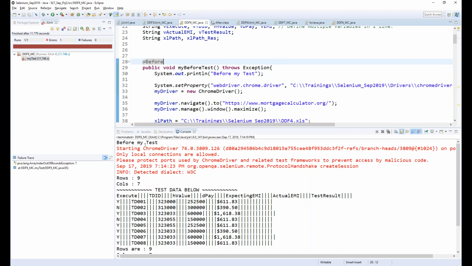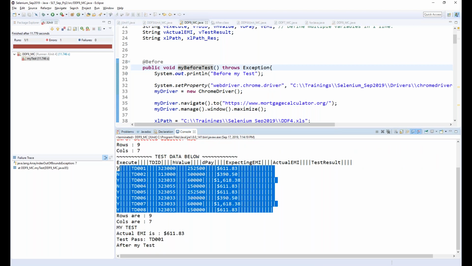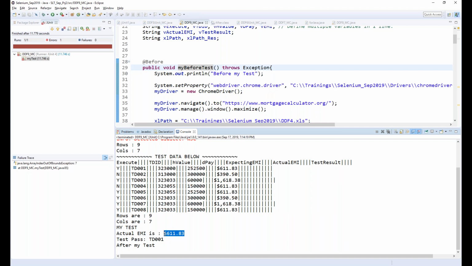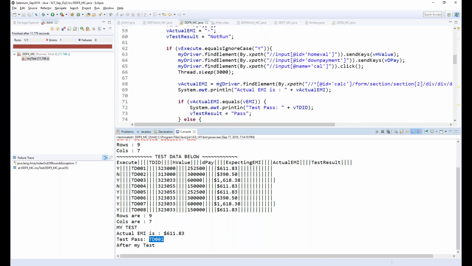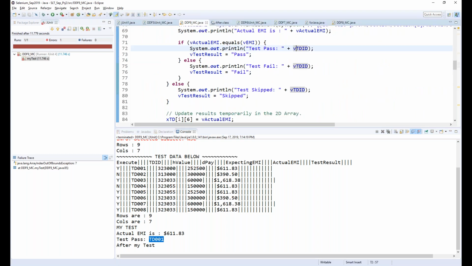Okay. So as I go on, I see before my test, it means this is running. I saw my browser getting opened. It said 9 rows, column 7. It seemed to have read all the data. That is what we wanted to see. Now my actual EMI came up and my test is a pass. Where is that? So that is coming here. And after the test is a pass,